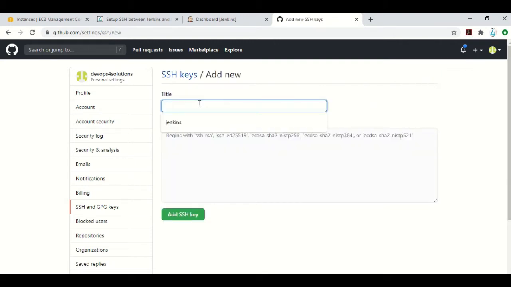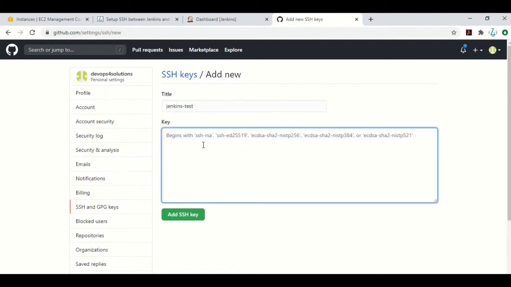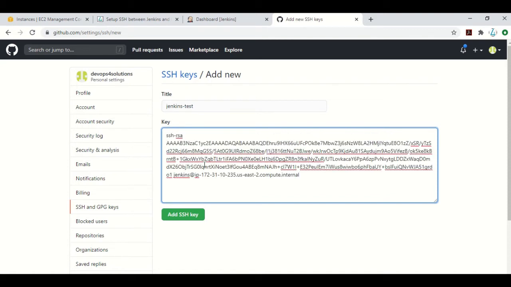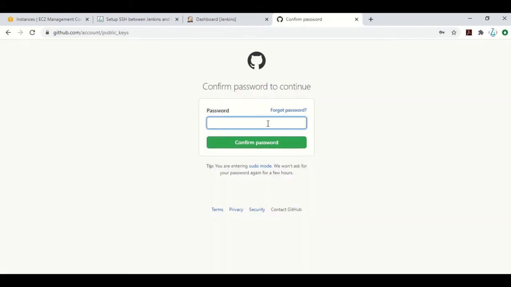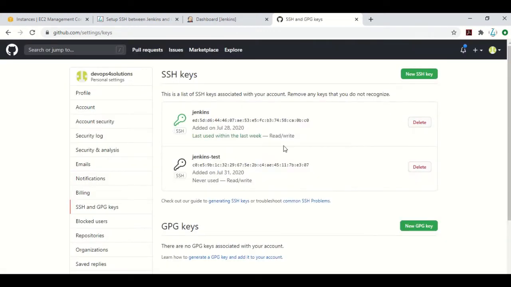Here you can say Jenkins test, whatever you want to put as the name. And here also it provides you the instructions, begins with ssh-rsa, right? So I'll just put it here, add SSH key. It is asking me the password, so let me put that, confirm. Okay, so as you can see, Jenkins test has been created now.